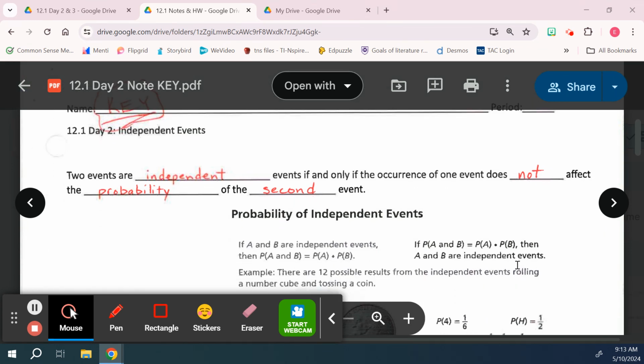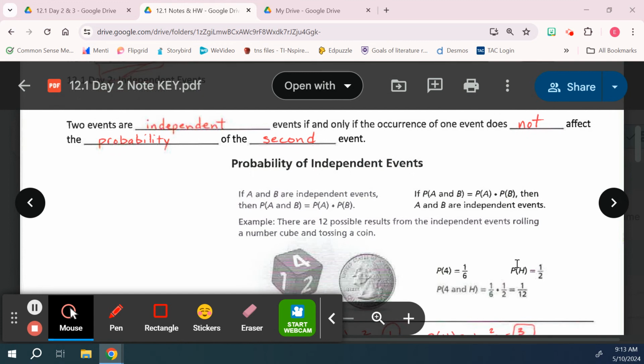Okay, so I almost like to view independent events as the fact that they do not share that Venn